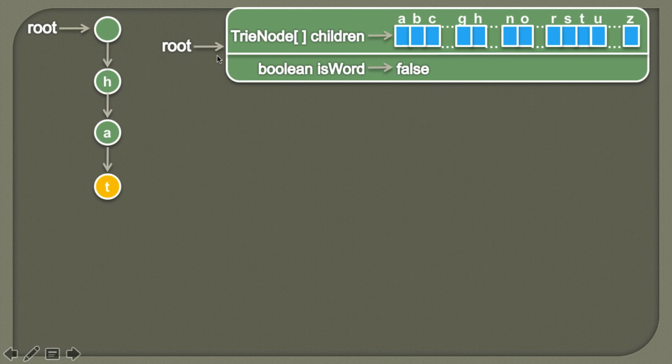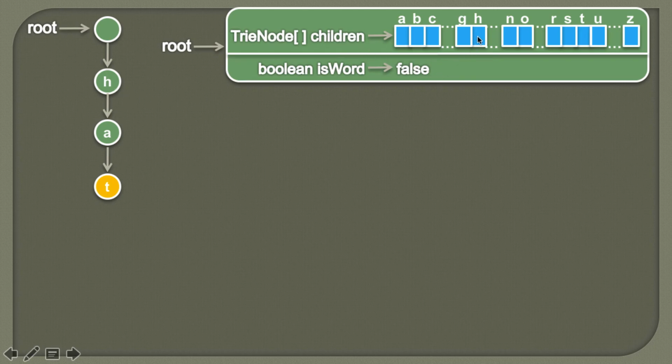So here you can see the root trie node is empty, and whatever values we will be storing, we will be storing into the children of the root. We won't be storing any value inside this root because this root is also a type of trie node which refers to other trie nodes through this array, which are nothing but the children of this root. So let's say we want to insert h. What we do is we simply traverse to the h index.